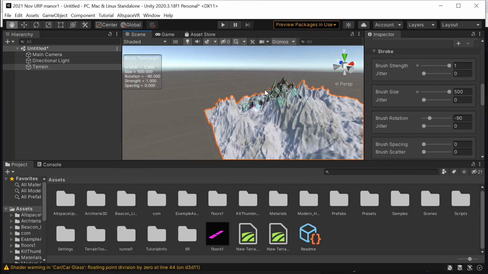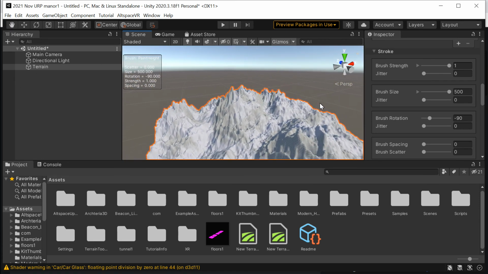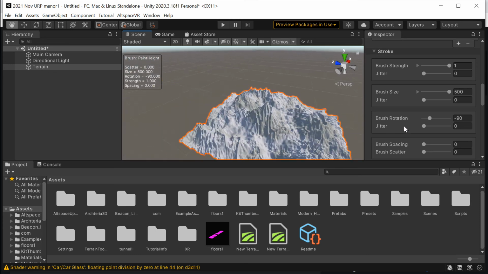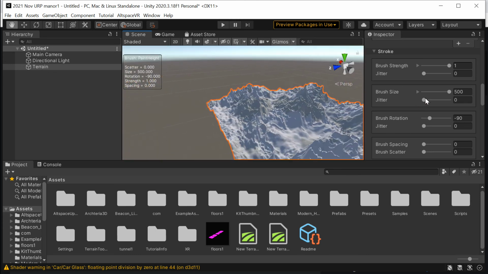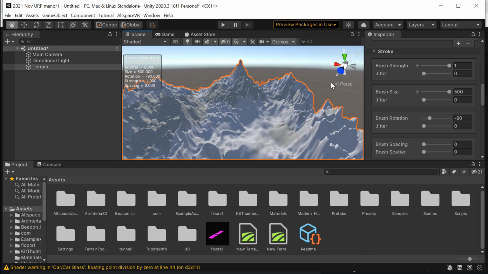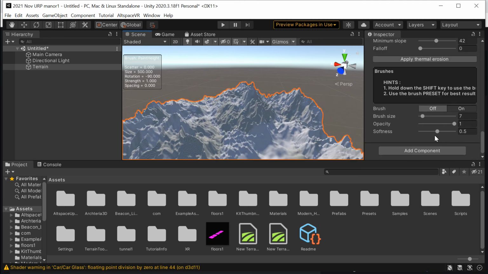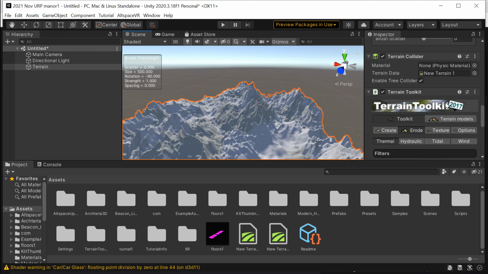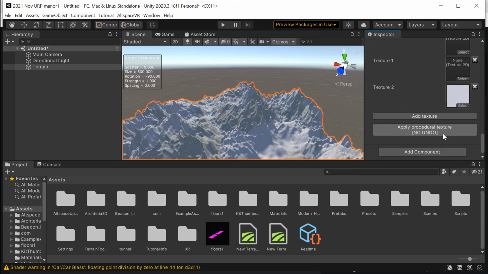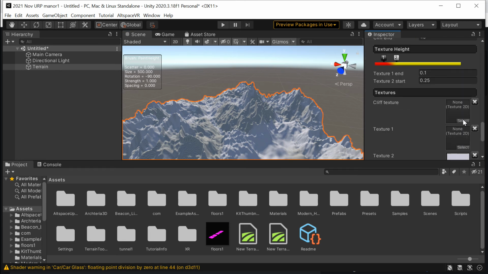Okay, and we really do need to stick a river in there somehow, but we'll cover that later. And next thing is, let's texture it. So texturing, boom. Oh dear. Select cliff,